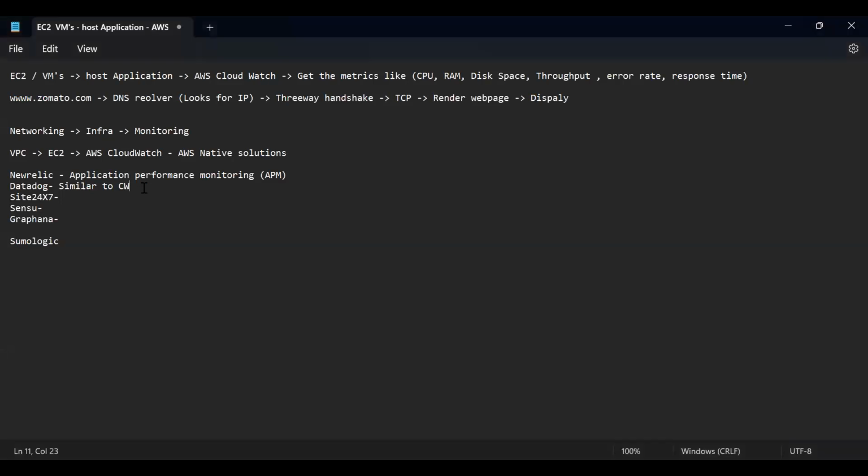So you'll be getting a question: Datadog is a third-party tool, right? It's not an AWS-native service. So how does Datadog collect all the metrics and push them to the Datadog dashboard? What will be happening in the background is Datadog will be installing an agent. Before installing the agent, we need to establish a trust relationship